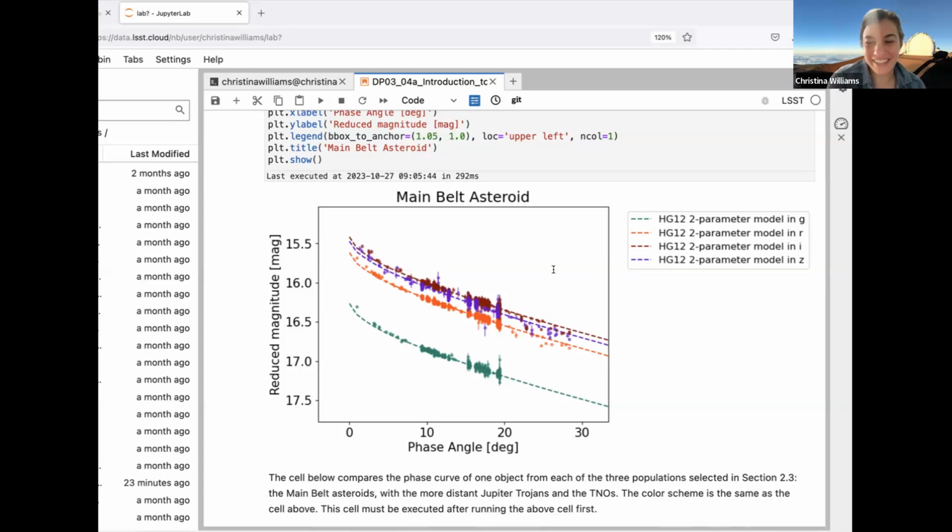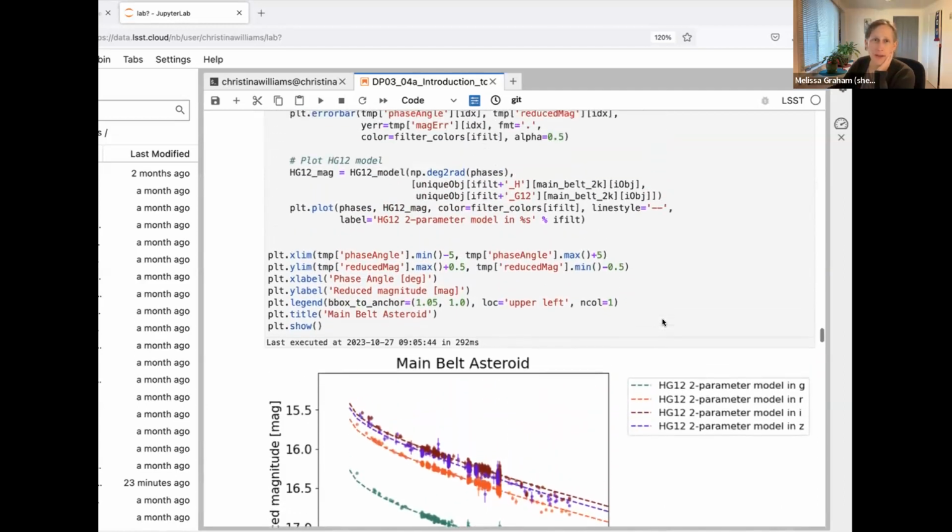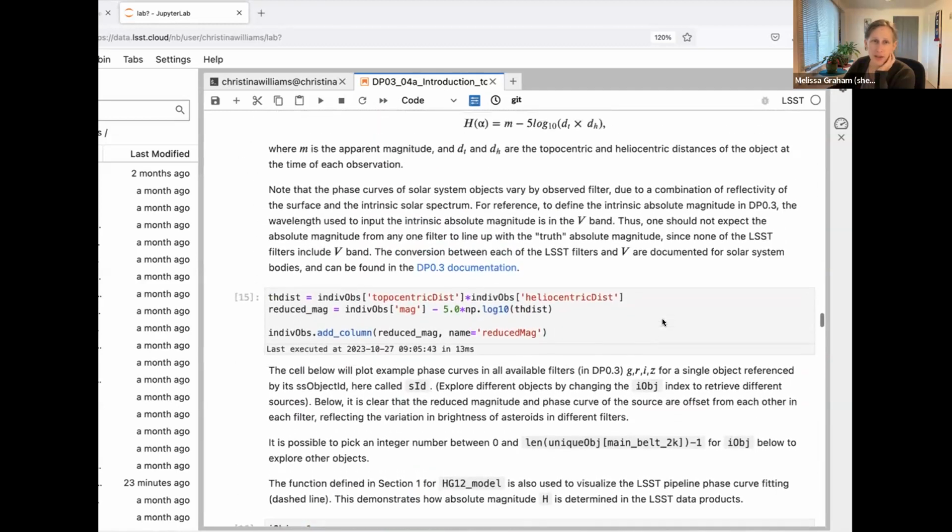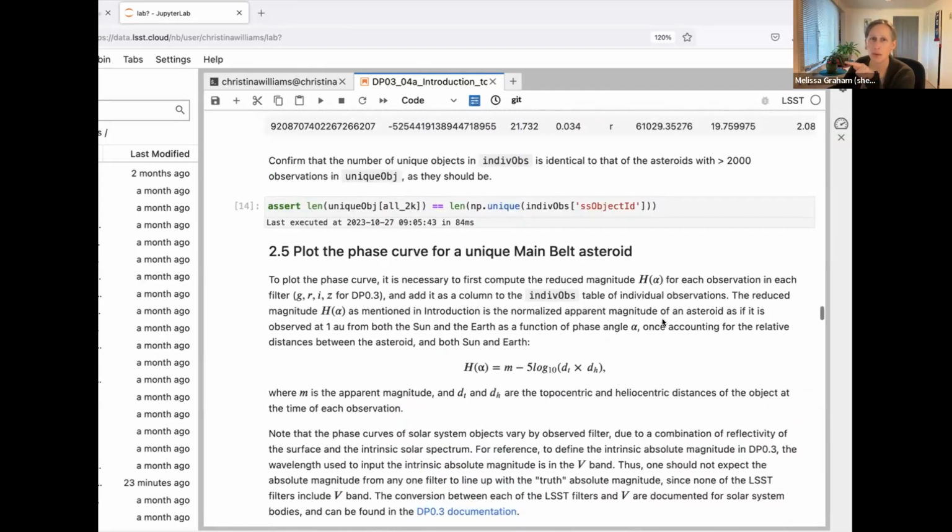Sorry, does that clear up the question in the chat? I think the comment in the chat might actually be referring to the formula right under 2.5 that expresses H as a function of alpha. I think maybe that should be V as a function of alpha. As long as you have magnitude in one filter, shouldn't the H also be the magnitude in the same filter?